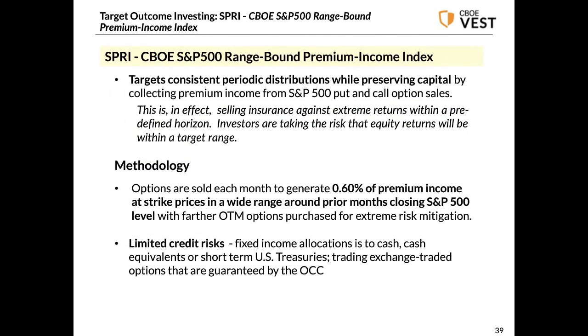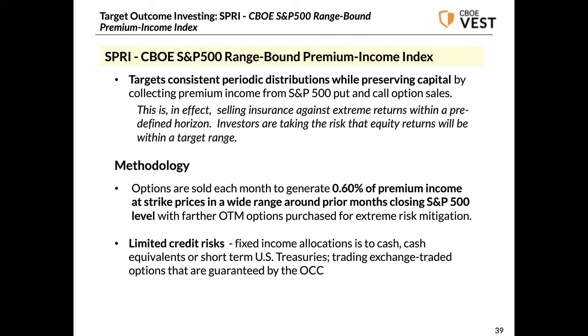The final strategy I'll be looking at is going to be something that is focused on income. I know prior sessions today in this OIC webinar series have looked at income strategies. And it shouldn't surprise you that the volatility risk premium that we went over earlier is, if we can capture some of that risk premium by selling options, there may be a way to provide a more consistent cash distribution. So that's what this type of strategy is designed to do.